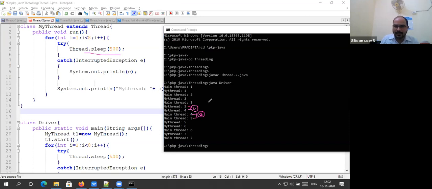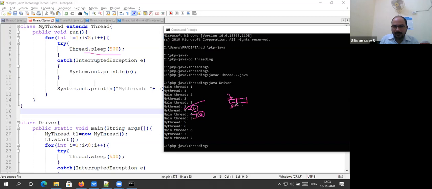The answer is this. When you use milliseconds, the thread has to sleep for that many milliseconds. The thread prints 3 and then goes to sleep for 500 milliseconds. Immediately the other thread also goes to sleep.